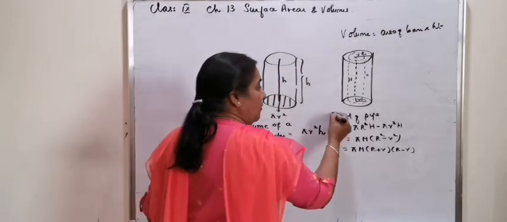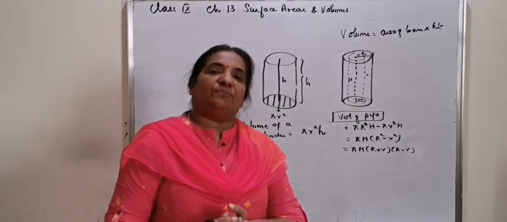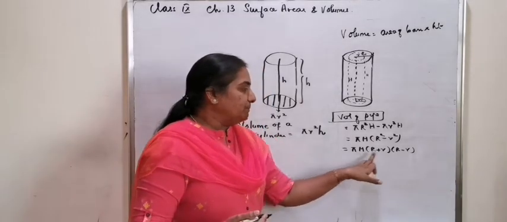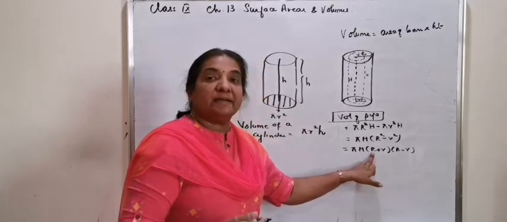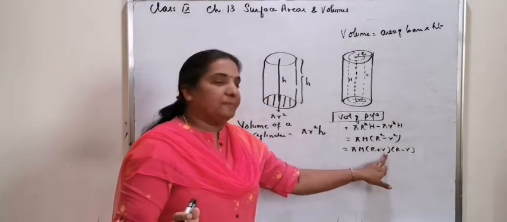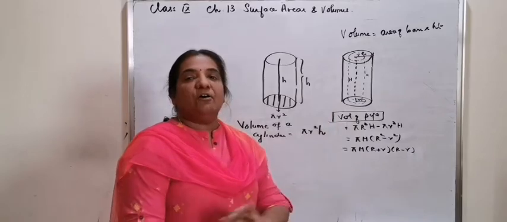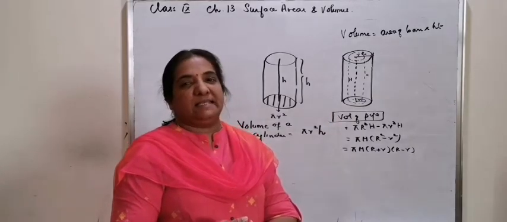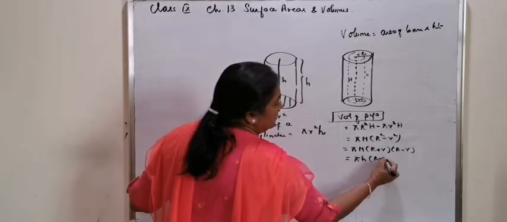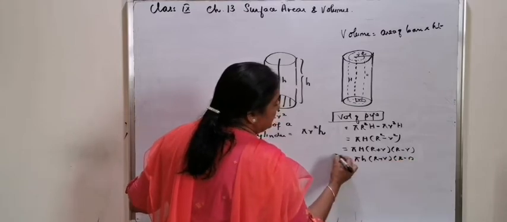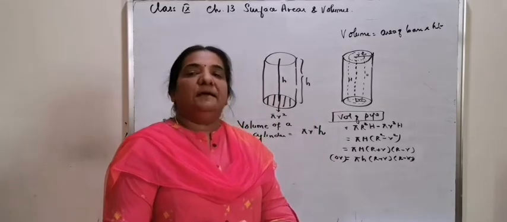Thus, the volume of wood or metal used to make a pipe, or simply the volume of pipe, is equal to pi H into R plus r into R minus r, where capital R represents the radius of the outer cylinder, small r represents the radius of the inner cylinder, and H represents the common height of both the outer cylinder as well as the inner cylinder. Even if you take it as small h, the formula is pi h into R plus r into R minus r. You can also take it as small h because it is a common height.